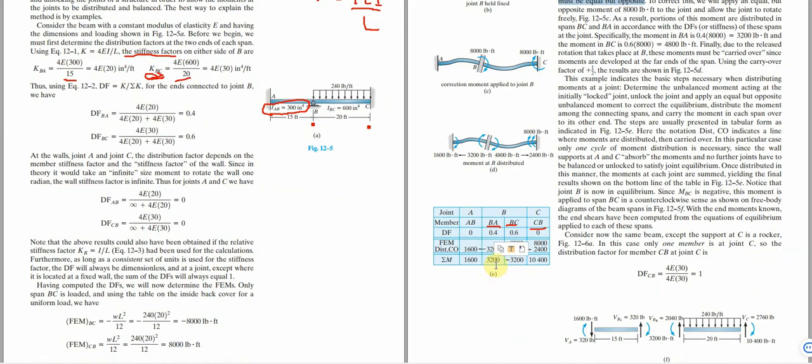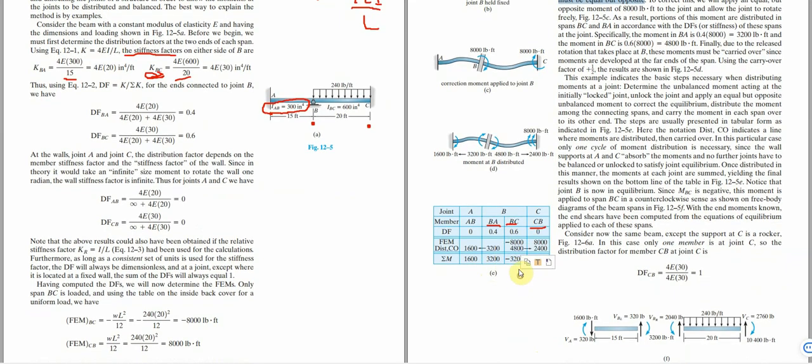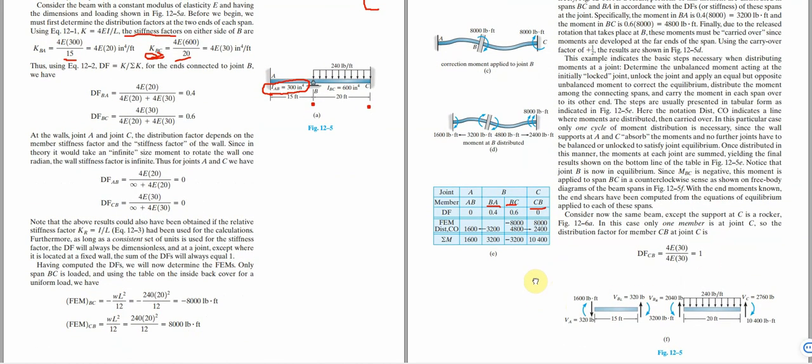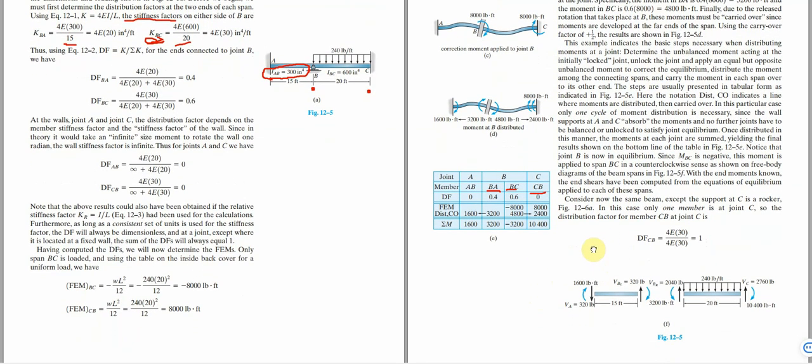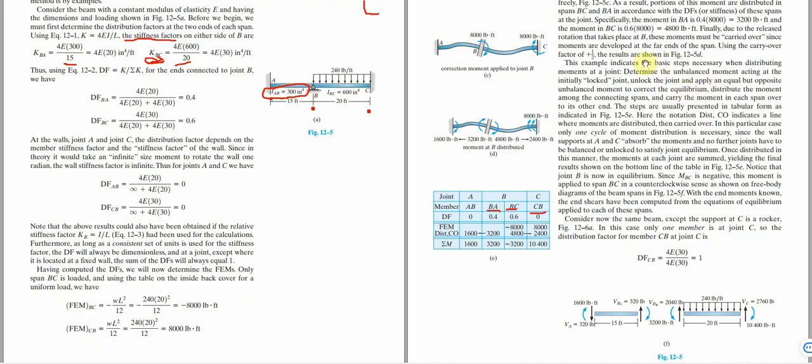So this is the moment acting at AB. This is the one acting at BA. This is the moment acting at BC, and likewise at CD. So that is just the way the calculation is being done for this. Let me see if there's a little explanation written in the note that I can add to it. It says,